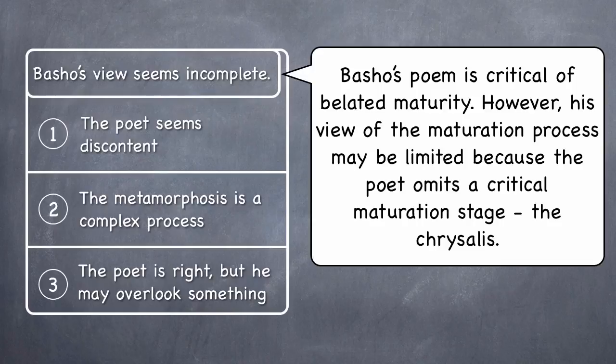Okay, this might be a part of my argument that, hey, you know what, in order for the caterpillar to become a butterfly, it needs to undergo the chrysalis stage. And like, were you present during that stage? Did you help bring it about? See, that counts. So does the poet really have a right to be so critical if he never provided any kind of an explanation about the chrysalis and what is required of the outside environment to make sure that the caterpillar becomes the butterfly? Now, this may be a bit far-fetched. Now, this may be a little bit too much.